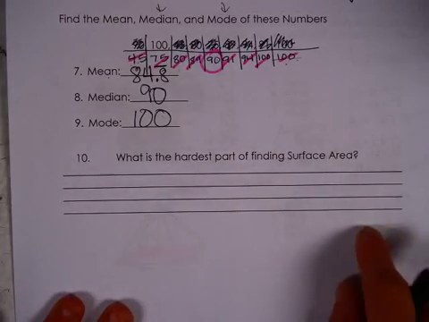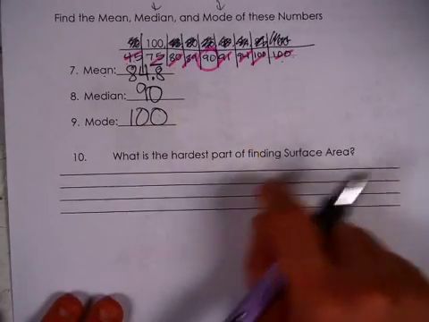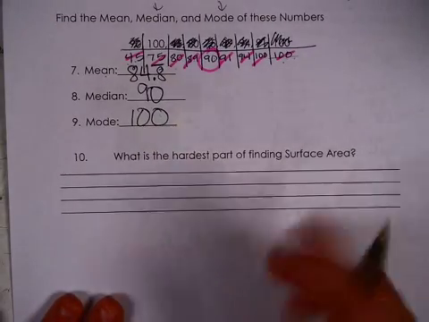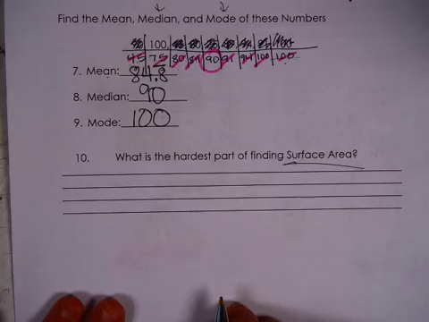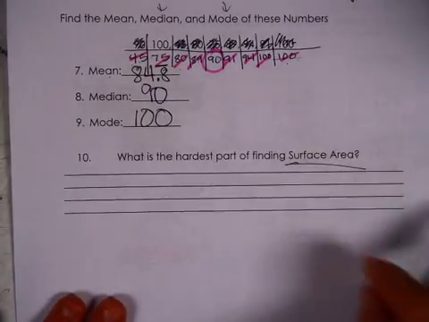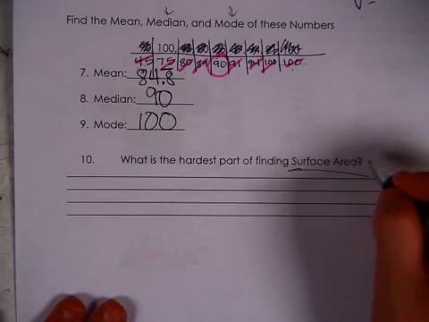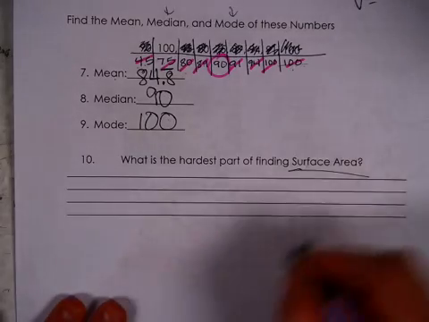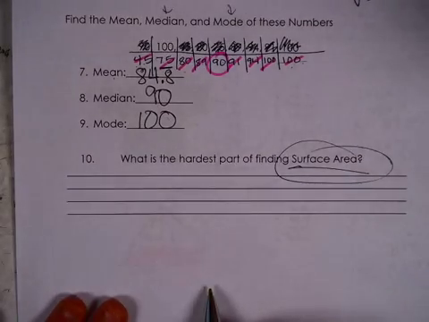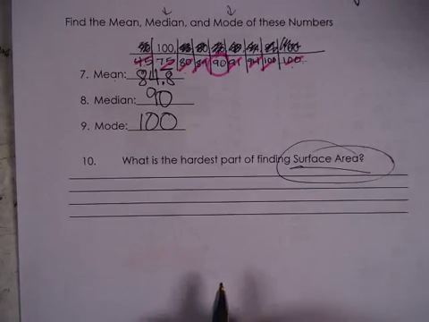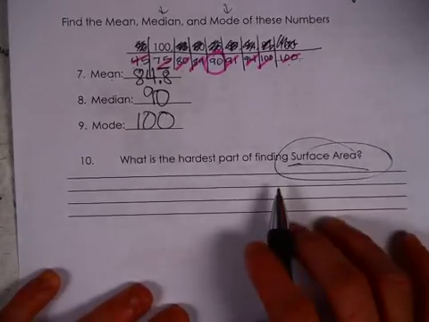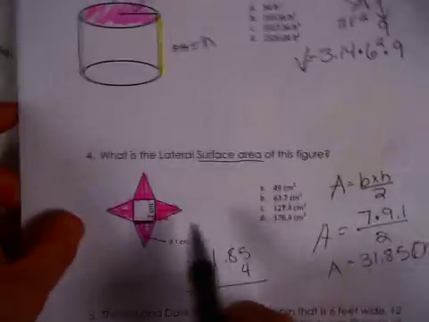If it was blank, or one of you put range, those aren't correct answers. They have nothing to do with surface area. So I had to count it wrong because obviously the hardest part of finding surface area is knowing what surface area is. Okay, so to correct this problem, I want you, now that we've done a couple surface area questions